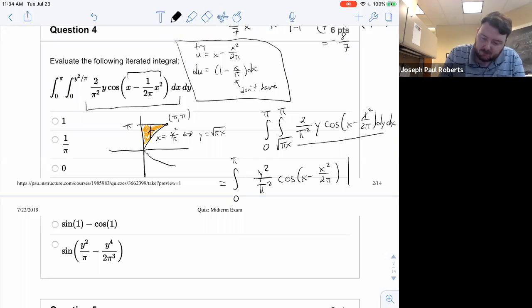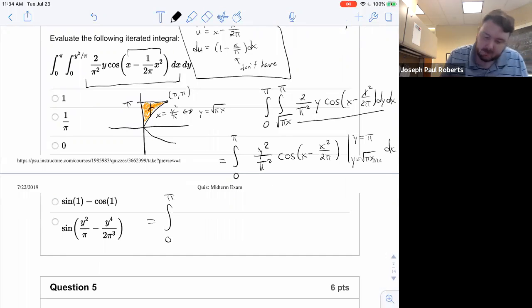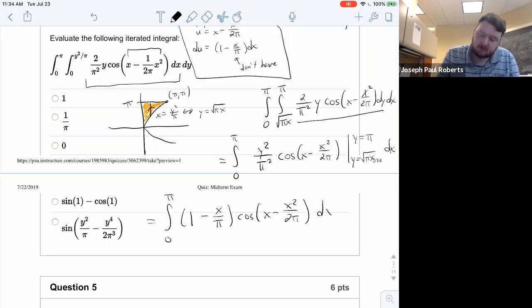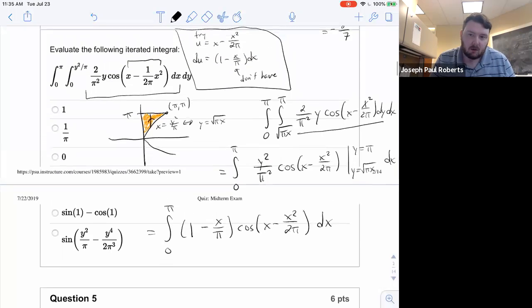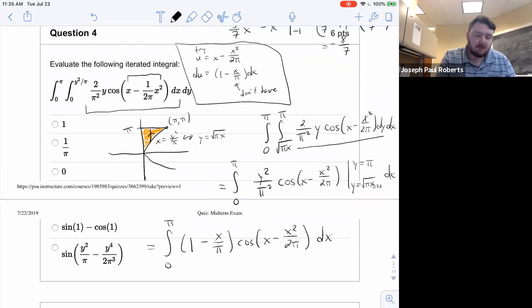I'm going to evaluate that between y equals square root of pi x and y equals pi, to get 0 to pi. Well, pi squared over pi squared is 1. And then when I plug in square root of pi x, I get pi x over pi squared, which is x over pi, times cosine of x minus x squared over 2 pi dx. And so what do you know? It turns out we are able to finish this off,